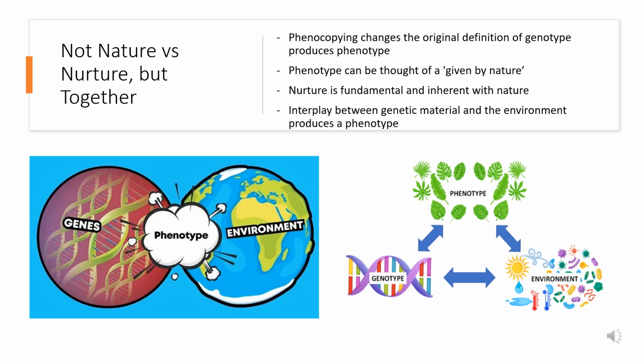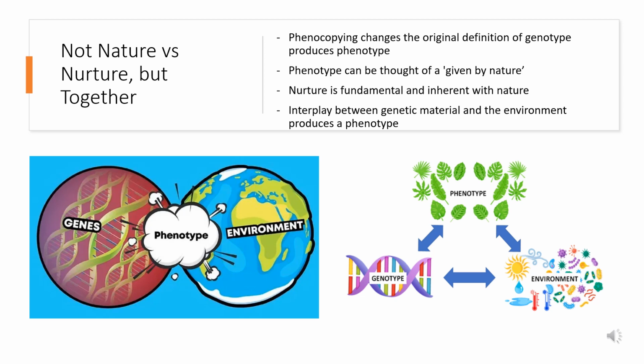Phenocopying refers to environmentally induced characteristics, so that there is an environmental influence on the genotype to produce a specific phenotype, dependent on what those environmental factors are. Now, this connects to another dichotomy, nurture versus nature. Nature being the sole matter of an organism or the physical thing itself, the instincts that it may have had, and nurture being the environment it grew up in, the influences it had from other organisms.